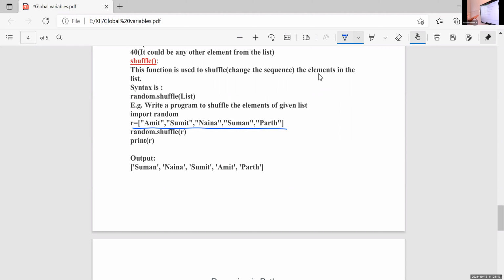That is, in which function it includes lower limit and upper limit, in which function it includes lower limit only, just like that. In the case of shuffle and choice, there is no need of that range. It will accept a list, tuple or dictionary. So the answer is from that list.